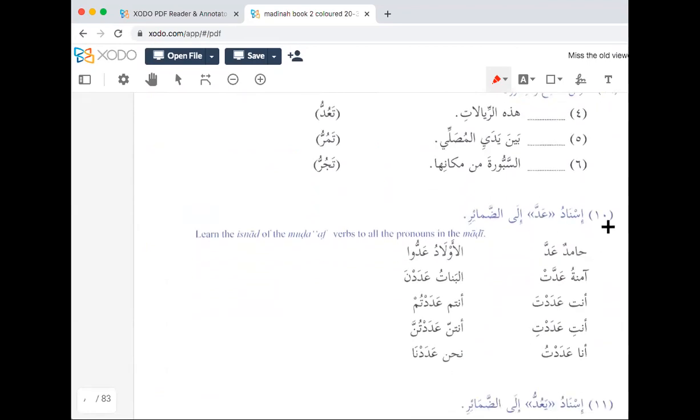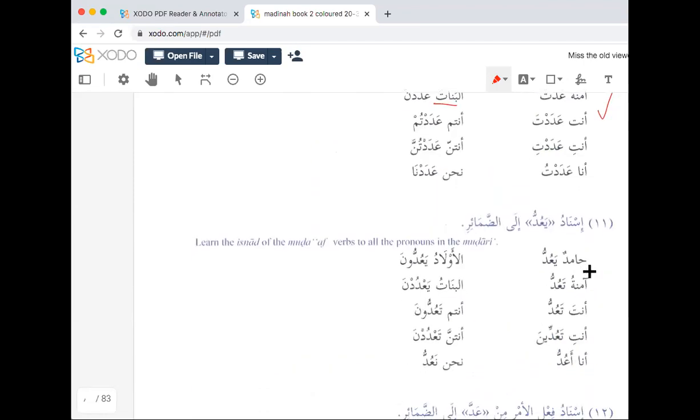Follow the patterns. Number 10, Hamidun adda, al-awladu addu. I want you to make it plural. Al-banatu adadna. Actually, in actual fact, they're showing you. Learn how the pronouns are joined to the fi'l madi. So you just basically read this. You keep going,